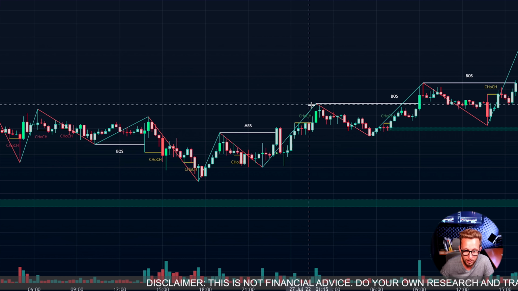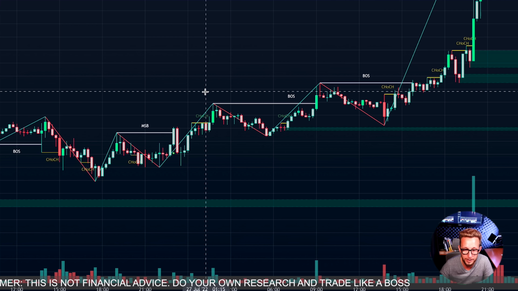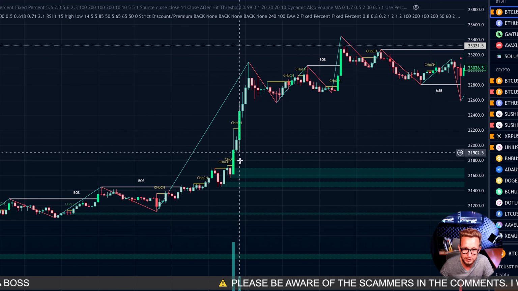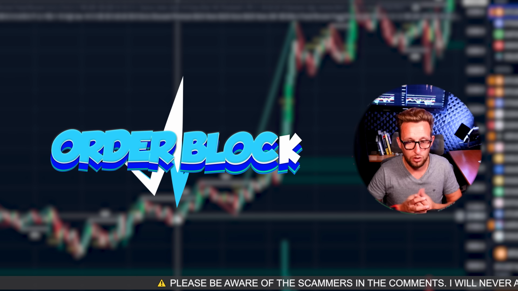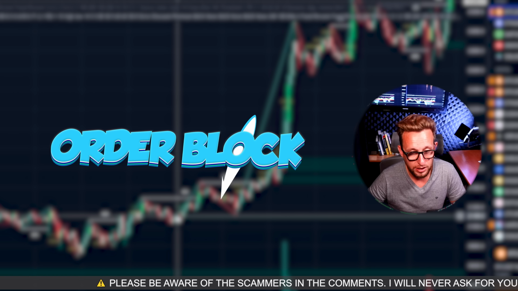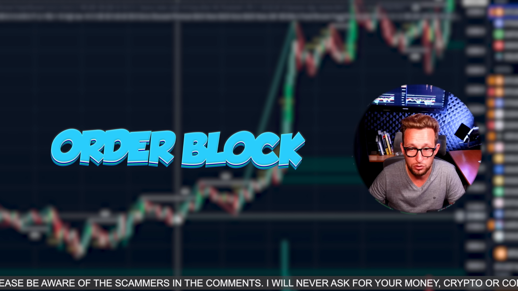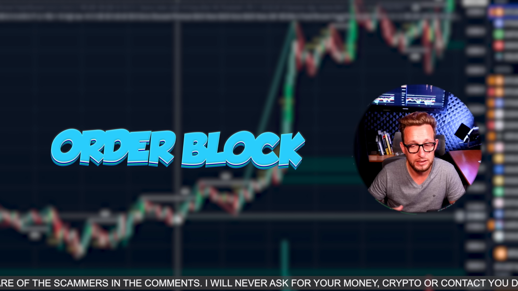These lower lows here are strong, and they're pushing to break the previous high and make a new higher high each time. As you can see, they can actually pop and go quite haywire, go quite wild, and push and create these order blocks. Okay, so what is an order block? How is it created? An order block is an area of interest, a supply or demand zone, that's created by a